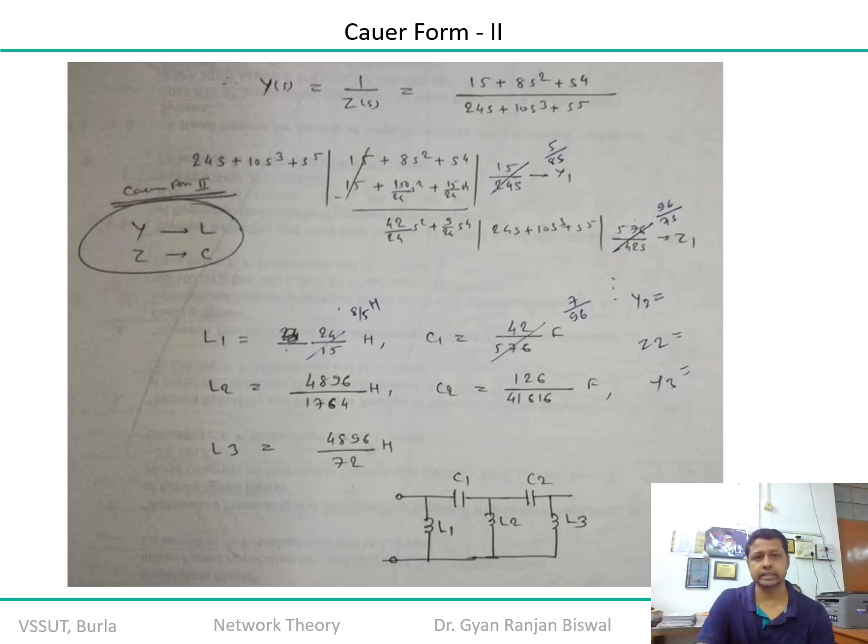Right. So in this way, you can modify an unrealizable function using a particular form, or you can find out whether the given function can be realized using this particular form or not. Okay. So I hope that this approach is very interesting for you, and it must be very clear to you. Okay. So with this, we have concluded our discussion as far as the LC impedance functions are concerned.